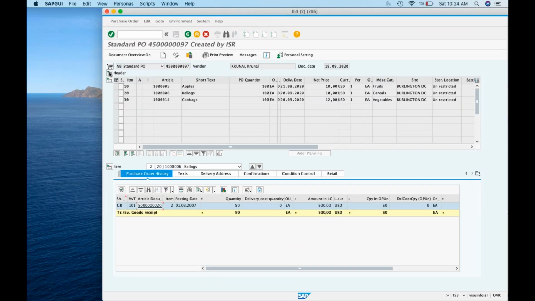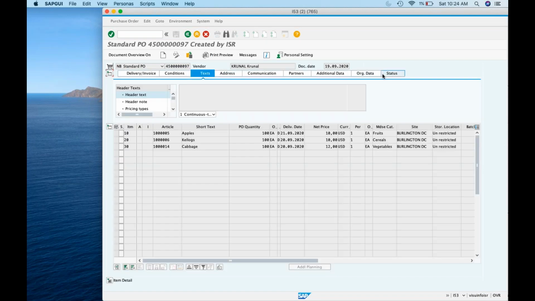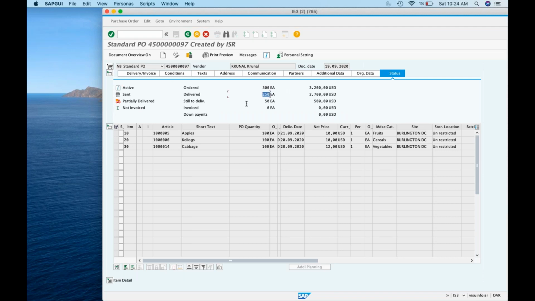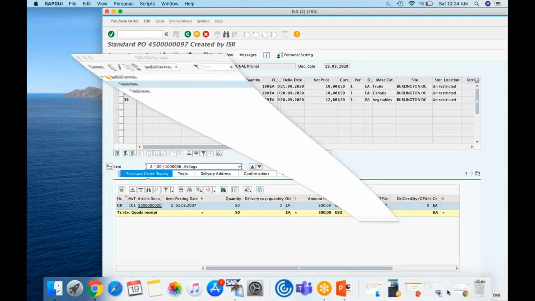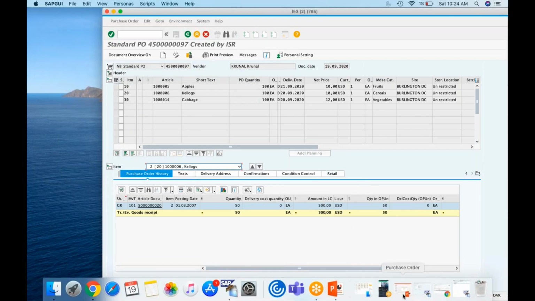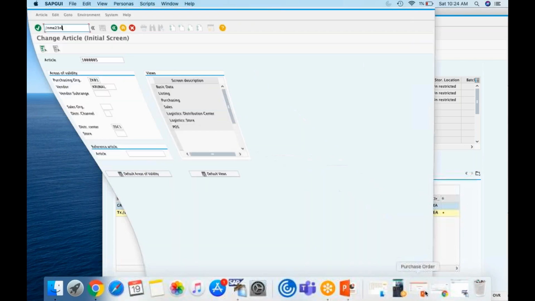So now if you go to the header, you will see the difference. 300 quantity was ordered, only 250 was delivered. Still to be delivered is 50 quantities. Its net value is 500. It takes some time to update in the database. This is training, right? So it will have these glitches. If you go to the purchase order history, you can see the follow-on document, and this is the goods receipt document. The moment you do the invoice receipt, you will have one more option. I will try to do invoice receipt, but if I face too many FI issues, I will give up.